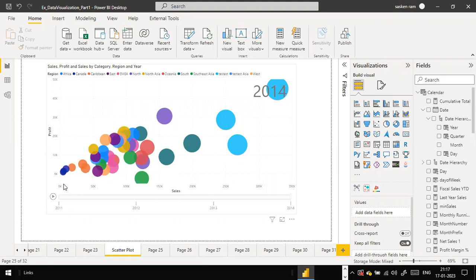The scatter plot is also called a bubble chart. That's pretty much all about the scatter plot. Next, what we'll do is, instead of going to the other